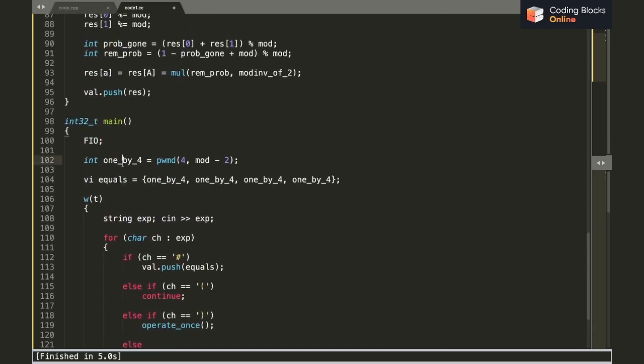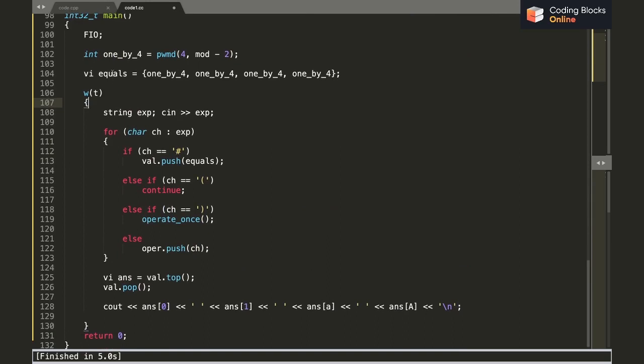So I have this 1 by 4 because I'll need its value. The initial value, if I just have a hash in the current expression, is that the probability for each value 0, 1, small a, and capital A is going to be 1 by 4.